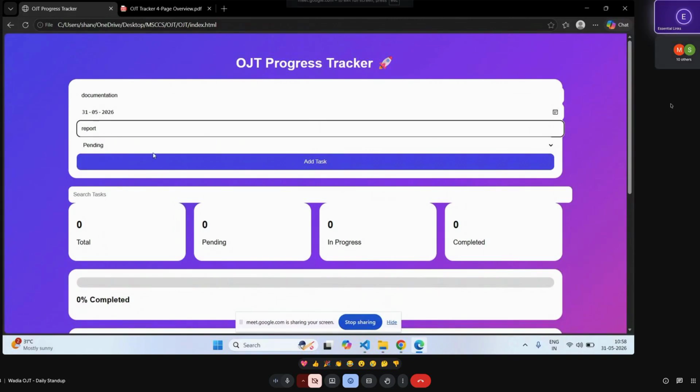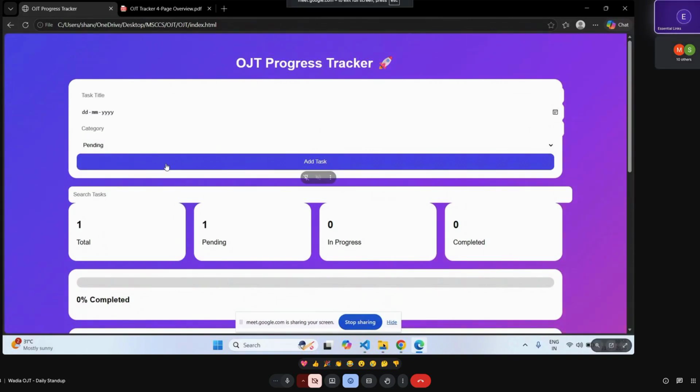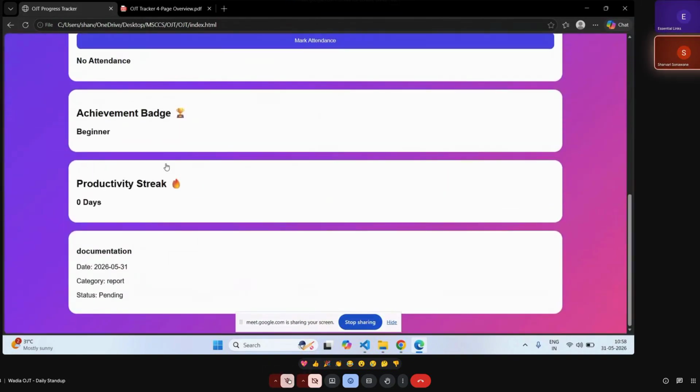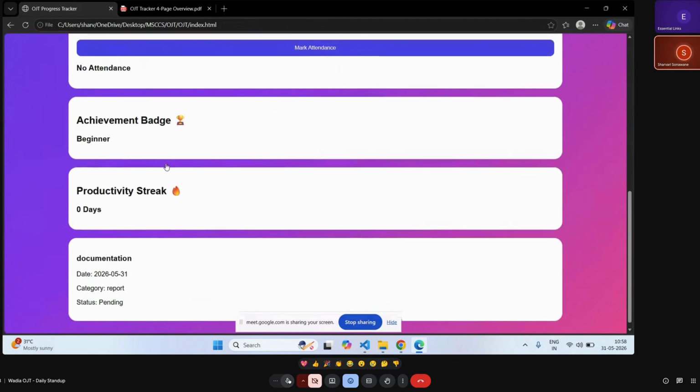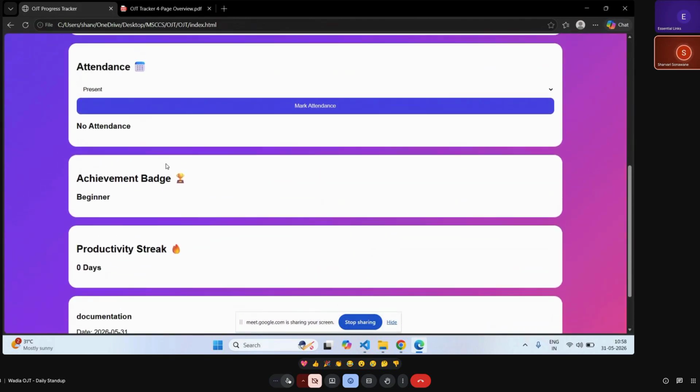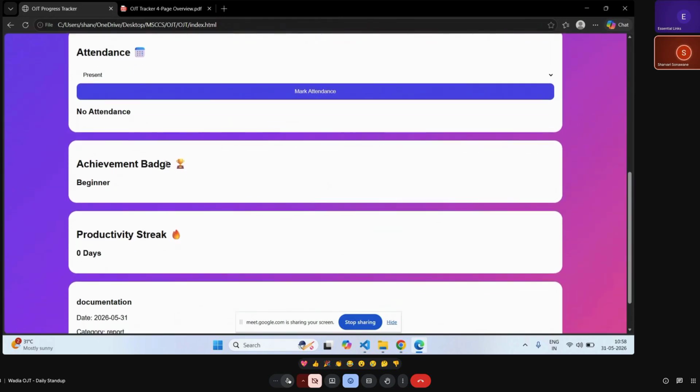Just explain the implementation of the add task API. Okay, sir. The add task API is used to save your task information from the front end into the system database, not local storage.